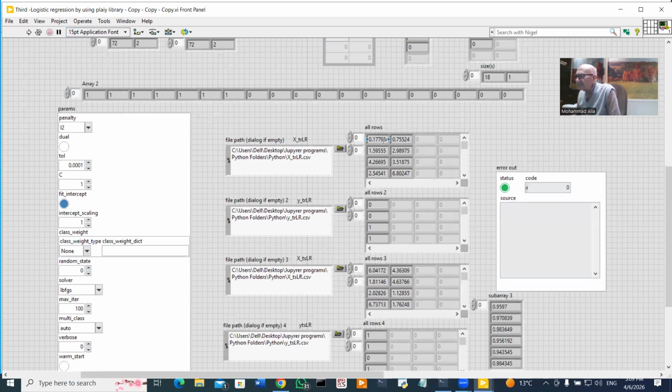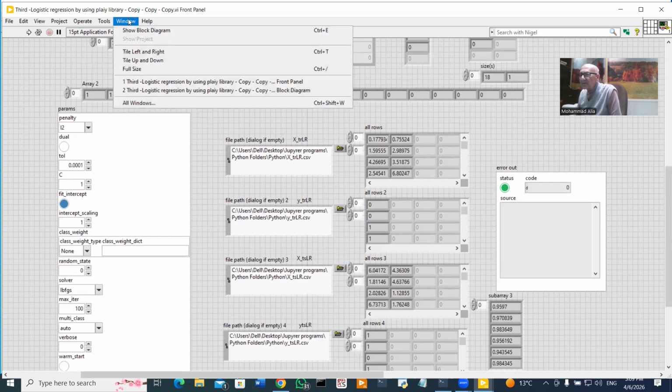This is one of them. This is the second. This is the third. This is the fourth. This is the X training. This is the X testing. This is the Y training. This is the Y testing. Both of them are 2-dimensional. Look, this is a 2-dimensional array, a 2-dimensional array, a 2-dimensional array. So everything is